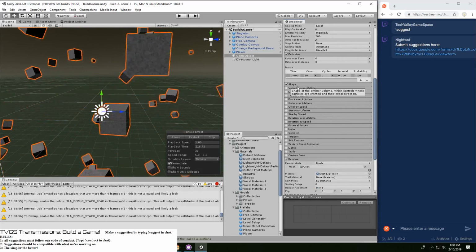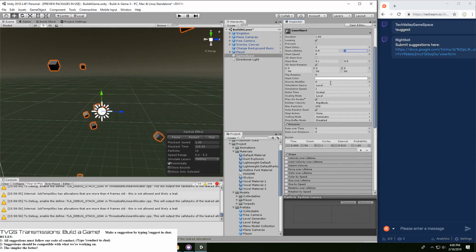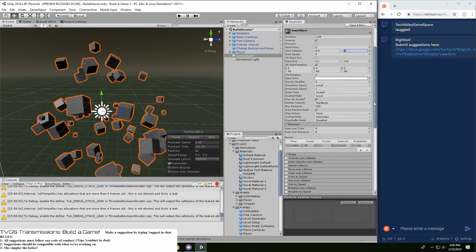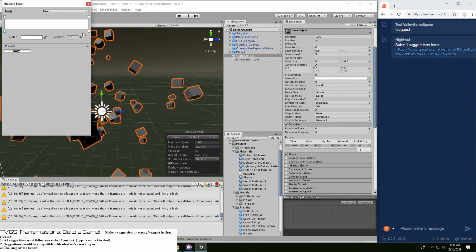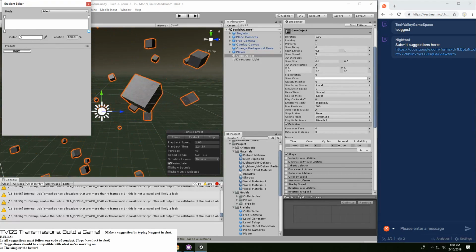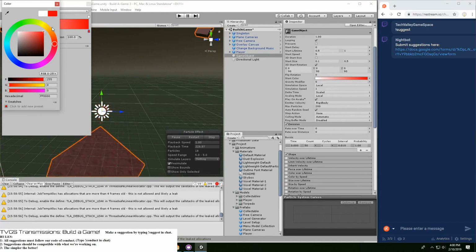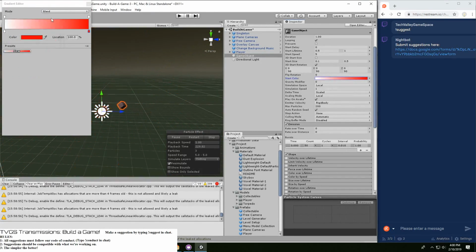We can make it so that the color is random. Start color, let's just say random color, from that to, I don't know, that. Okay, it doesn't really like that too much.